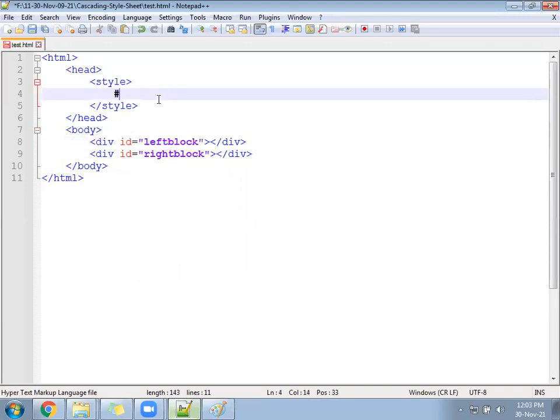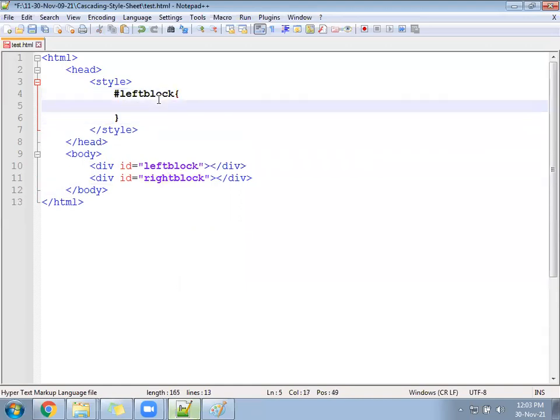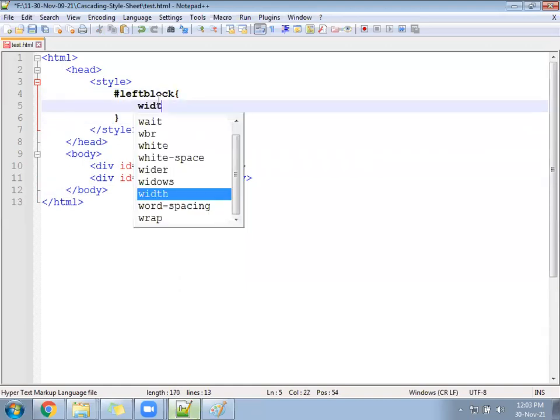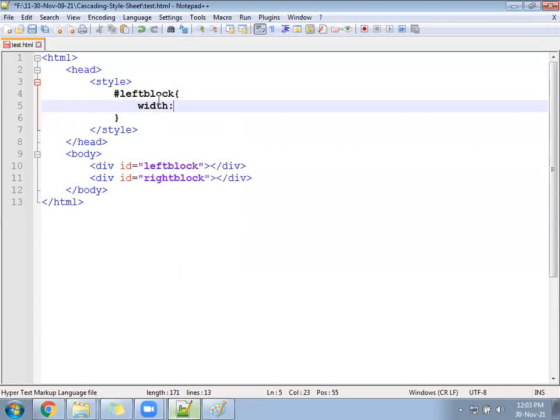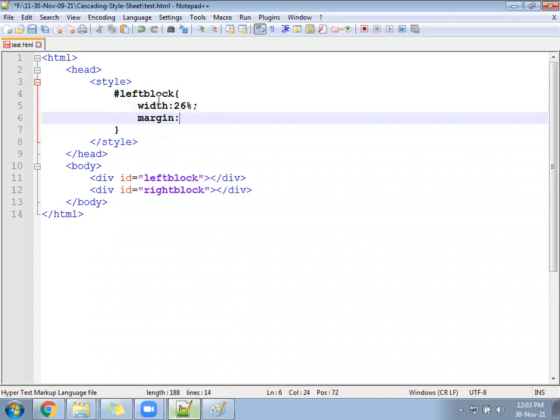As left block, width 25%, or maybe 26%, and margin 2%.